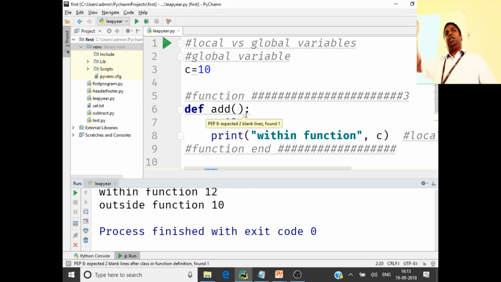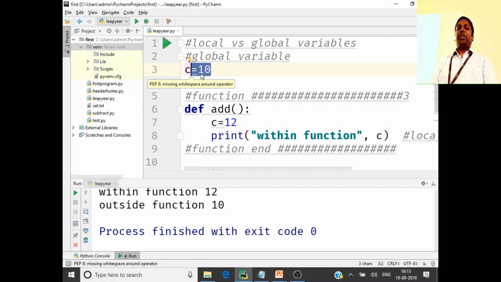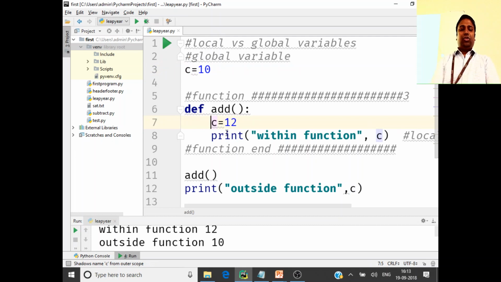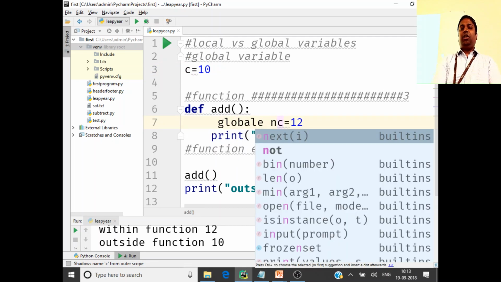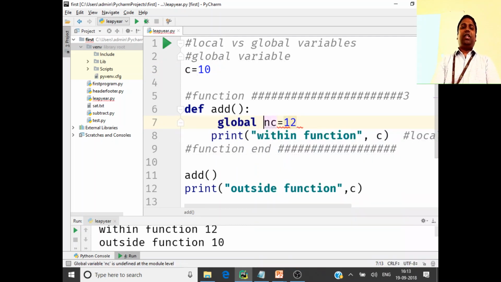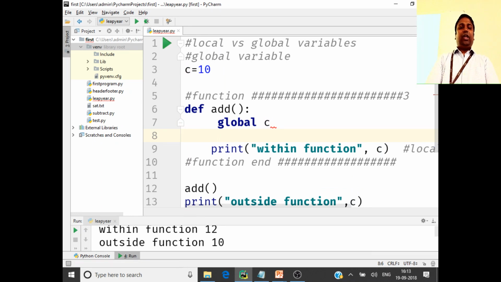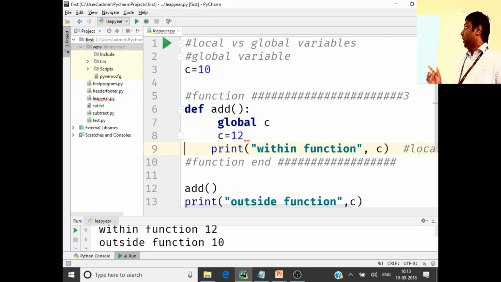So if you want to change that global variable from within the function, you want to change this 10 to 12 from within the function, for that you have to use the keyword global. So you say, I'm going to change the global variable C. You say global C first. And then you can change C is equal to 12 now. So I'm saying now, I'm not going to create a local variable. I'm going to change the global variable defined outside the function. Now when you go and run this code,